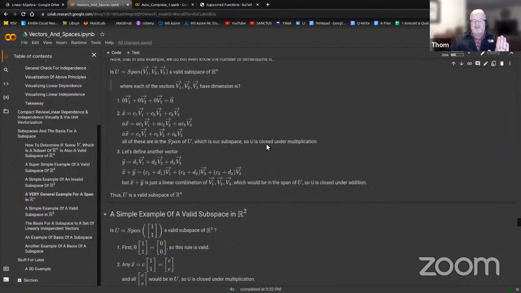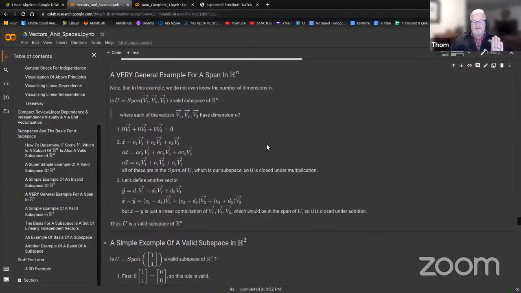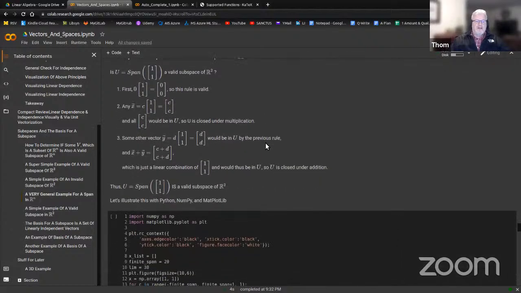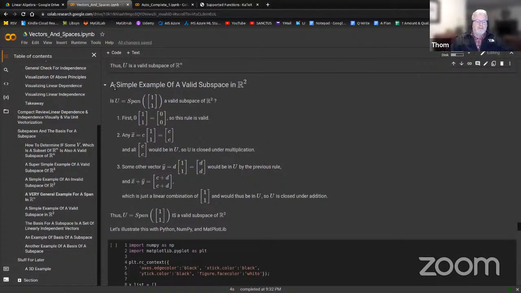Now, if you're confused, just hold on to as much as you can understand right now. But I assure you, if you're confused, you're most likely overcomplicating it, or it's just a lack of familiarity with doing vector math. But don't give up. You will get there. So now let's go down to this. A simple example of a valid subspace in two-dimensional real number space. So is U equals the span 1, 1, a valid subspace of